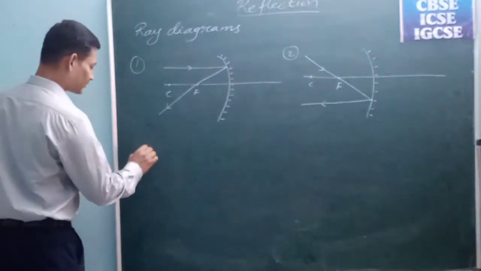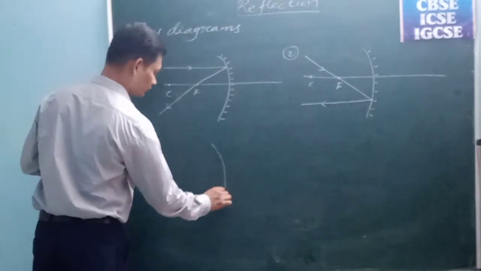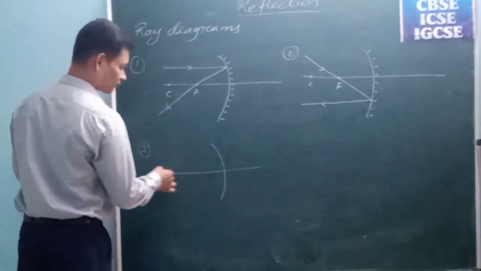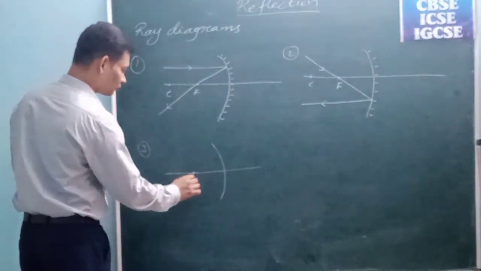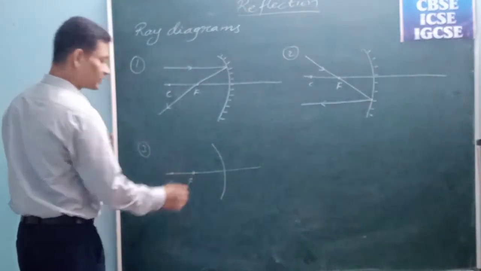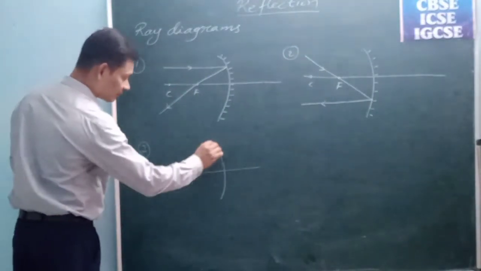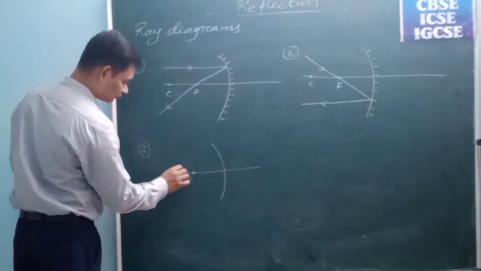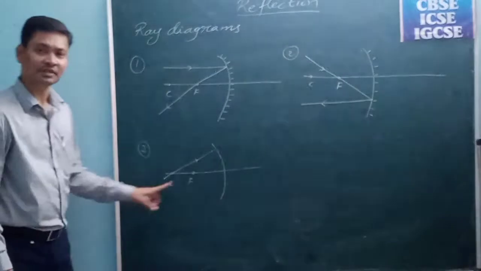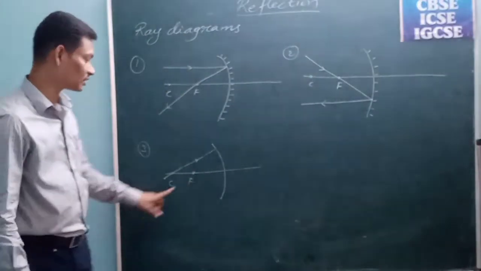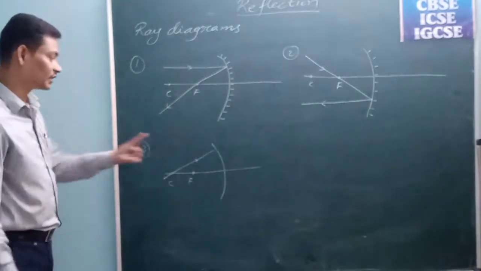The third rule is, if suppose the light ray is passing from center of curvature, the light ray is passing from the center of curvature, if it is coming from the center of curvature,